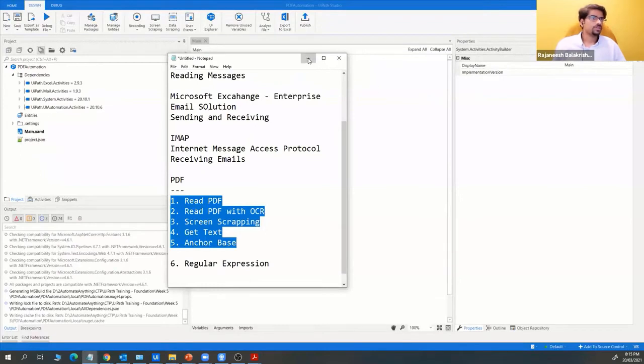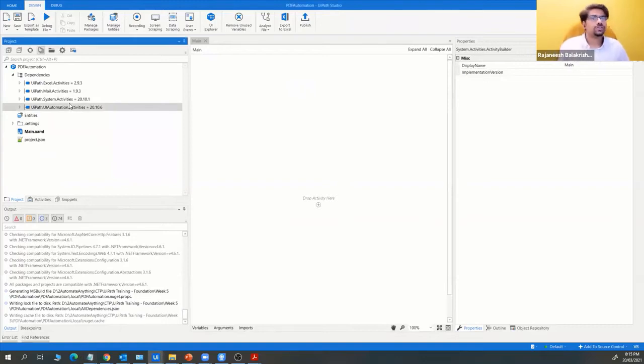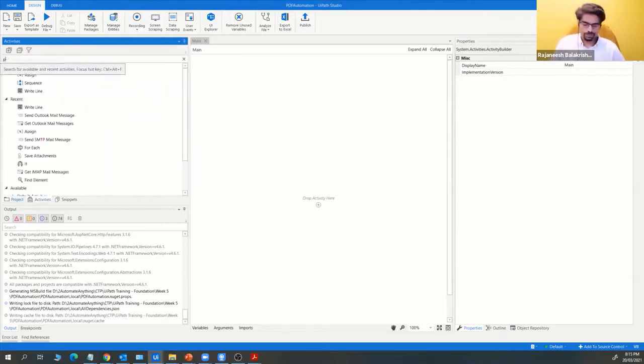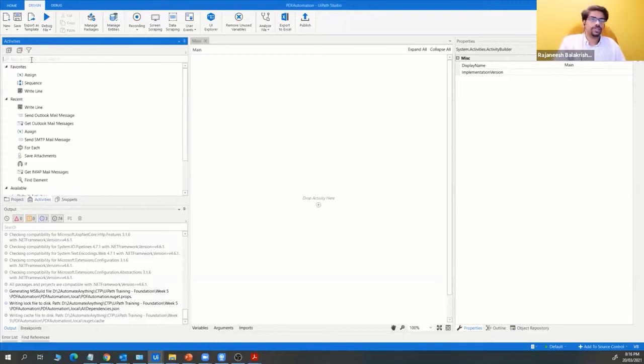Whenever you are doing that, as usual, the first thing you need to check is the dependencies. You don't have the PDF package. Without it, let me type PDF in the activities to see what comes in, and nothing comes in, right? So we cannot do the automation, but we can't stop like that.